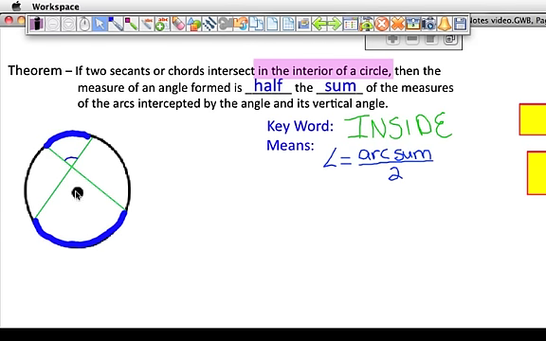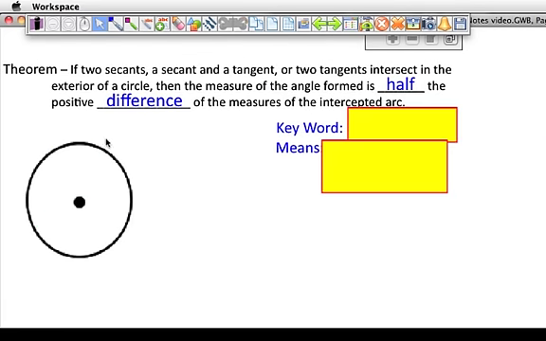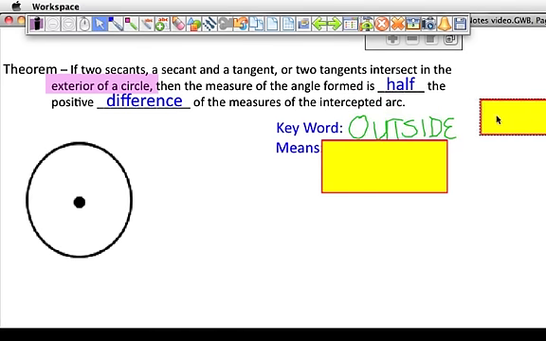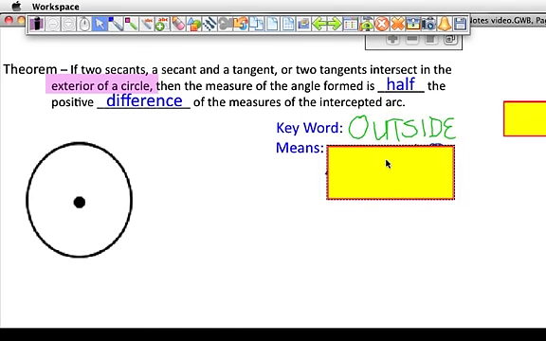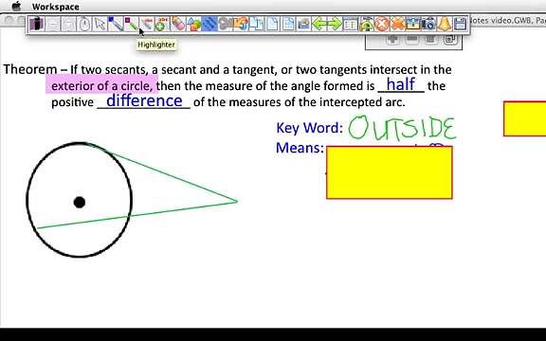And the arcs are not equal because it's not on the center. Okay, we're going to practice that one in a second. This last rule that you need, if 2 secants, a secant and a tangent, or 2 tangents, anything that can be outside of a circle, if they intersect in the exterior of a circle, the key word there is that they meet on the outside. Interior means inside, exterior means outside. If these segments meet somewhere on the outside, it doesn't matter if it touches once, it doesn't matter if it touches twice. If it goes through a secant and a tangent, if they intersect somewhere outside of the circle,